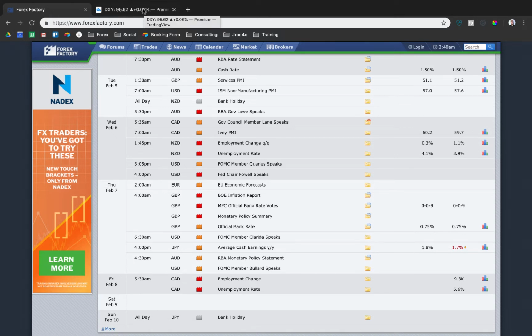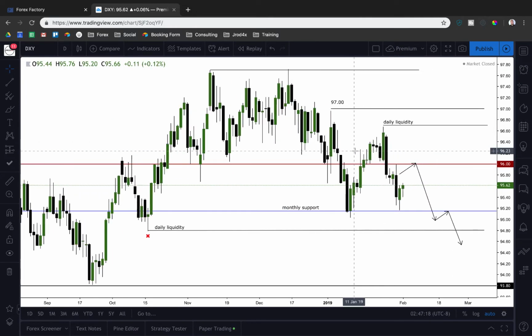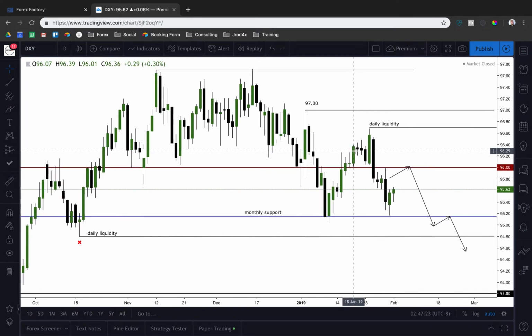Let's jump into the technical portion of this video and cover the pairs that we talk about. Looking at dollar index, this is a daily time frame. Last week in the weekly technicals, I mentioned that we want to see if dollar index could in fact trade up into that 96 big figure and then get a bit of rejection. If you look here on January 30th, we had the high come in at 95.98, the high of the week. We were just 2 pips off of our level, so that would have been the opportunity to go short with the target of lower prices.